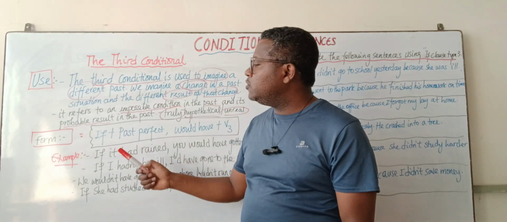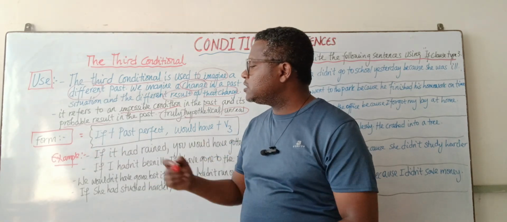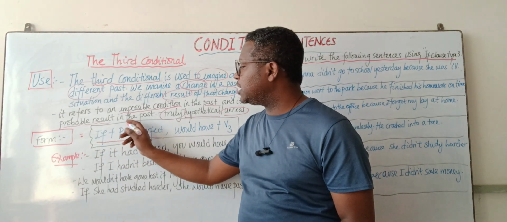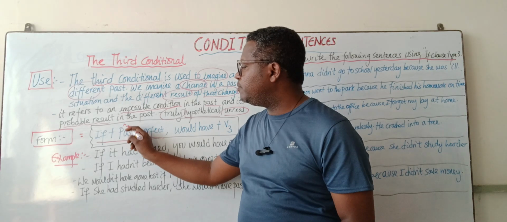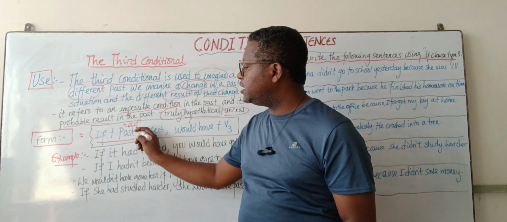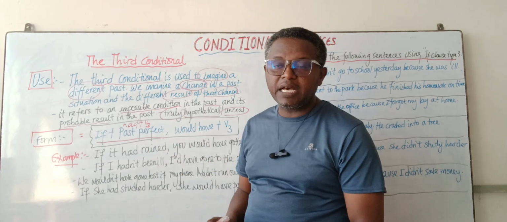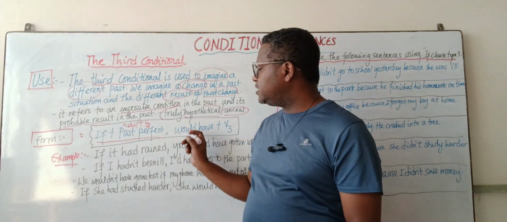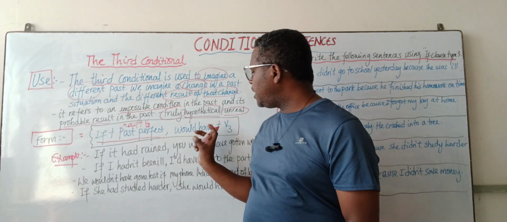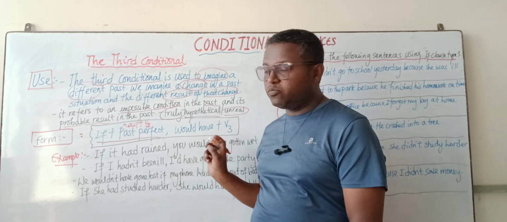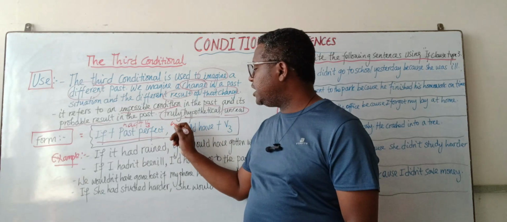So the form is, we use if plus past perfect in the if clause. We know that past perfect is formed by had plus verb 3. And the main clause is would have plus past participle, the verb 3 form of a verb,